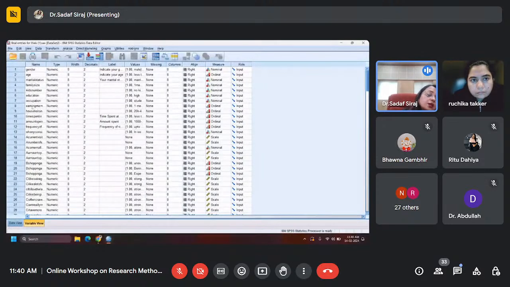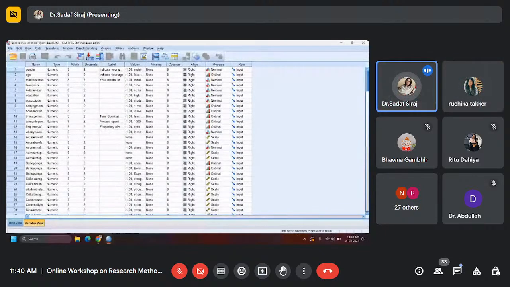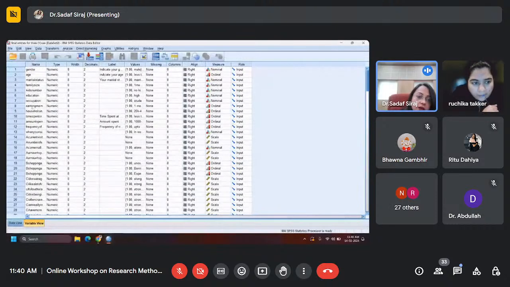This study was conducted to find out the shopping behavior of the people in the malls. So the whole work was done to understand what are the factors that impact the shopping behavior and the patronage behavior of people in shopping malls. And then they had categorized one set of variables was the demographic variable. The second set of variables was the motives of going to the shopping mall. The third set was pertaining to the situational factors.